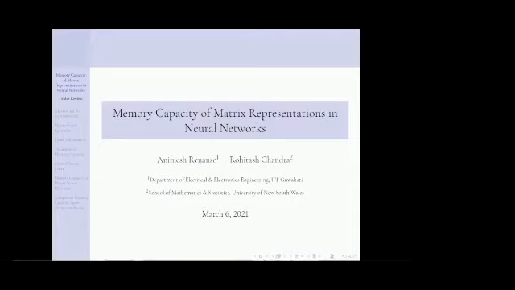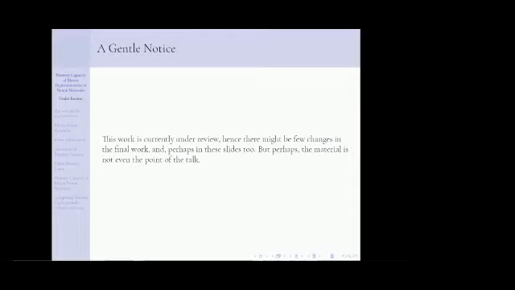Before I say anything more, let me give you a fair warning that this is currently work under review. Hence, there might be a few changes in the final work and perhaps in these slides too. But I'm not that worried about what would be changed or not, because the material that we will cover here in the next hour is not even the point of the talk. The point of the talk is not to show what mathematics can do or what the results are,